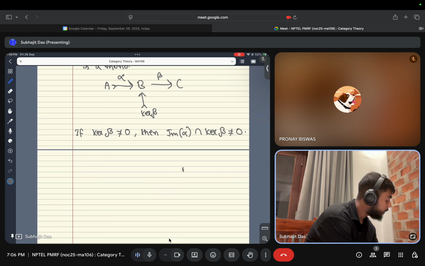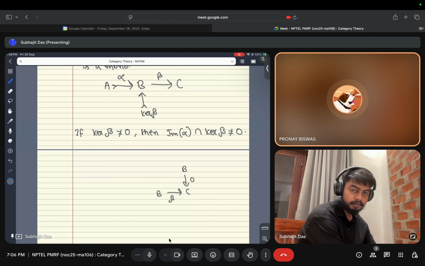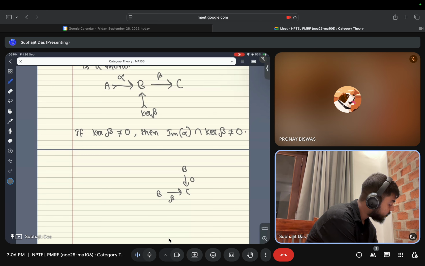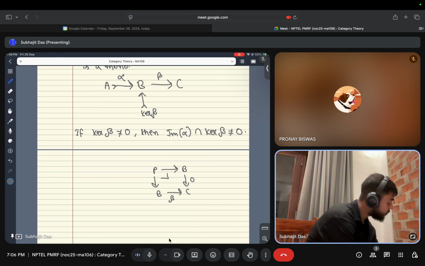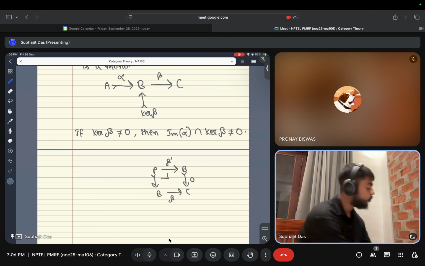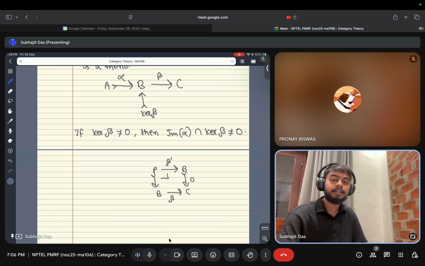So B to C we have 0. B to C we have beta. We take the pullback here. So what we have is something. Together with this, we take this pullback square, and let's say this is beta prime. This will be a mono because this is a mono. So P is a sub-object of B, and in fact P will exactly be the pullback of